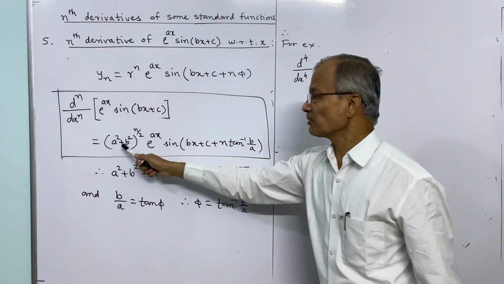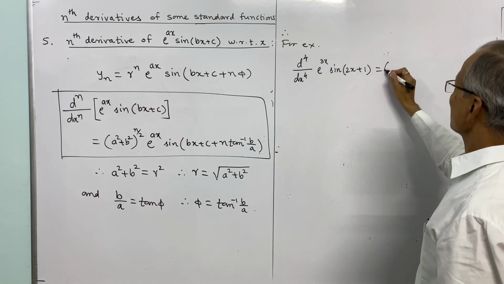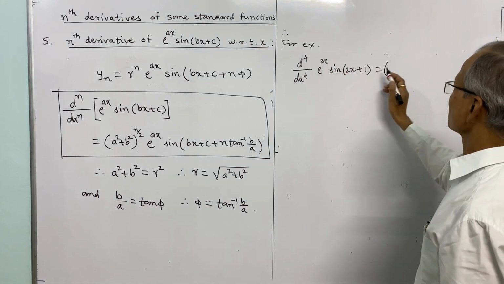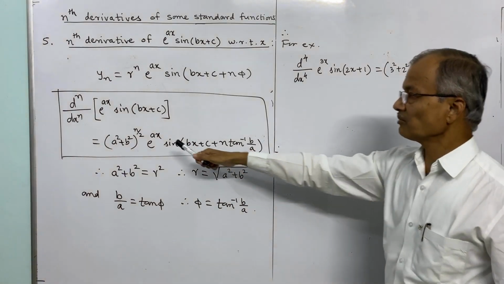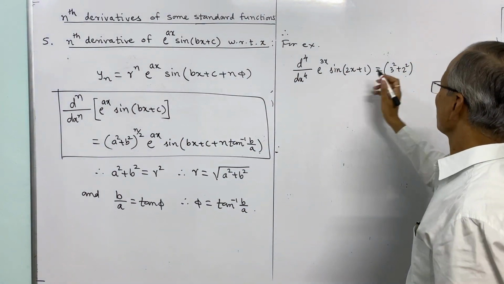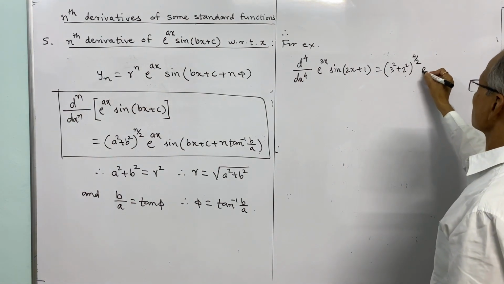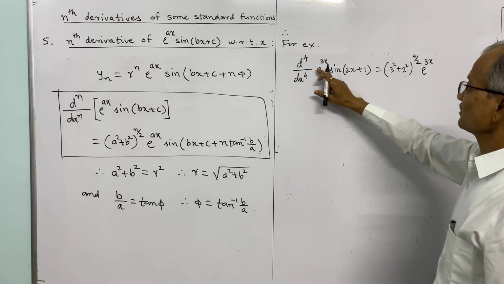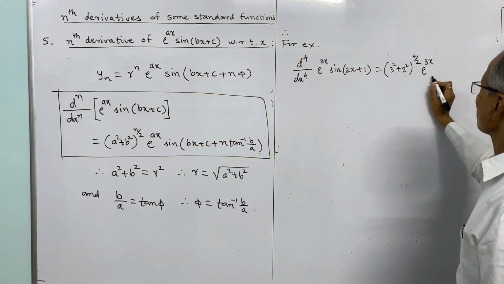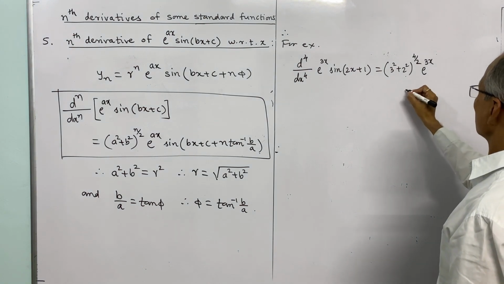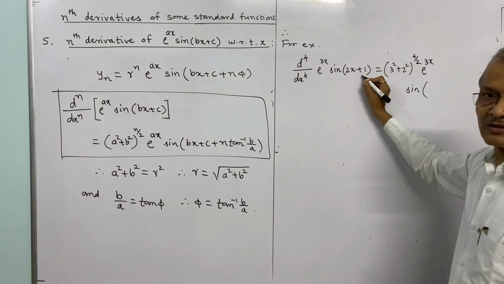And b is 2, c is 1. So it is a square plus b square. A is this value and b is this value. A square plus b square means 3 square plus 2 square. So I shall write in the same form, raised to n by 2. N is 4, so 4 by 2, into e to the power ax remains the same, e to the power 3x, into sine of bx plus c, which means sine of 2x plus 1,